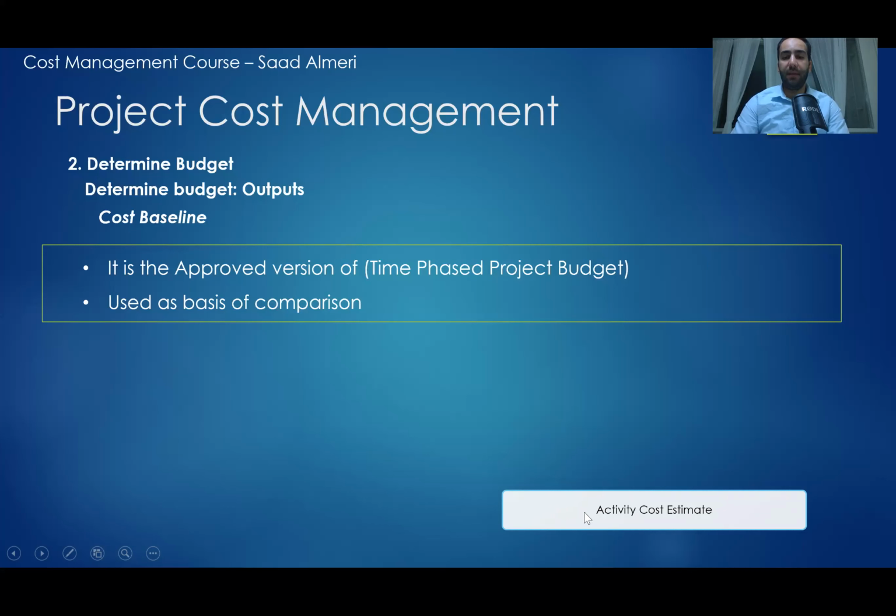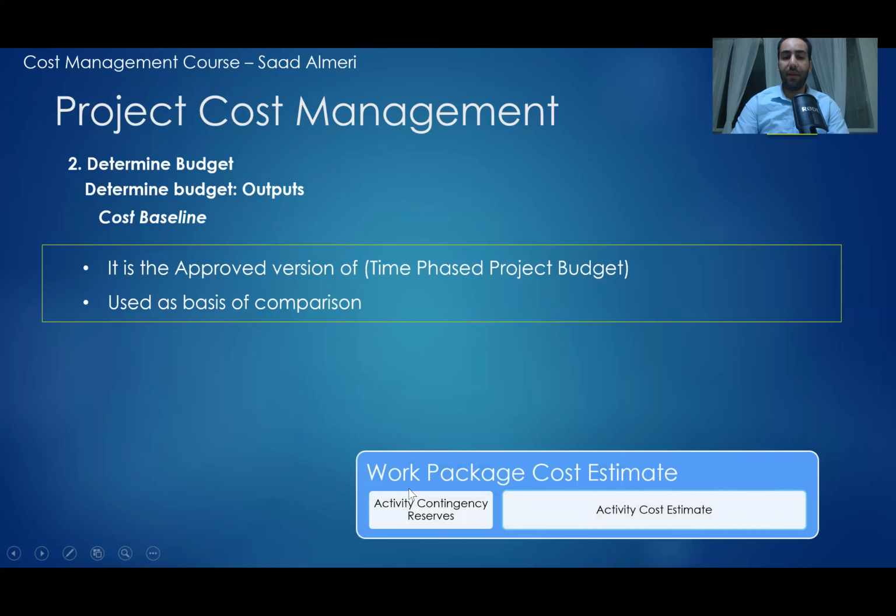If we have all the activity cost estimates, we add the activity contingency reserve. So here, this is the original amount that we estimated for each activity. And then we add the activity contingency reserves to it. And then we have, first of all, the work package cost estimates. So in this work package, we can estimate that it is going to cost like this. What does that mean in example? For example, if we have